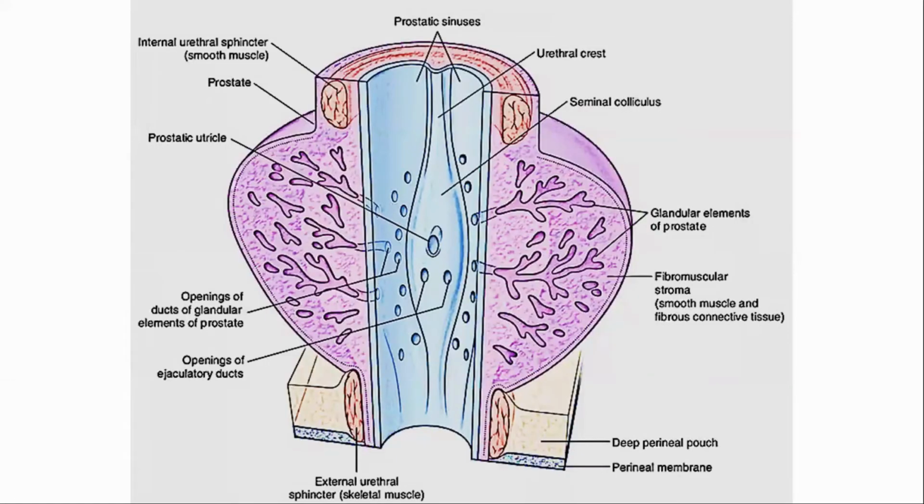Is the prostatic part not clear? Can you write it? Right, if a short note on the prostatic urethra is asked, you can write it. You have to draw this diagram and describe it. Very easy one. Simply draw this diagram, label it, and describe the different levels. It is easy. Draw this figure and describe it.